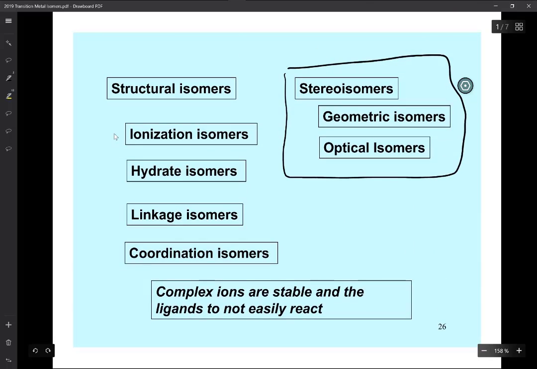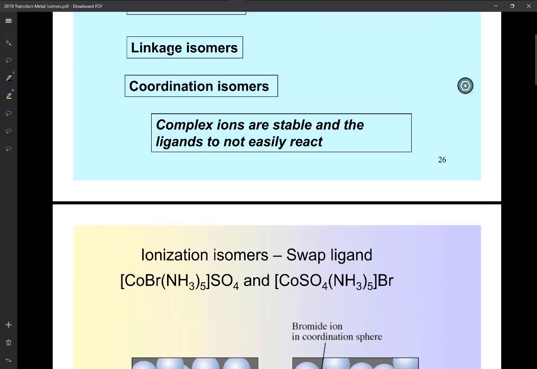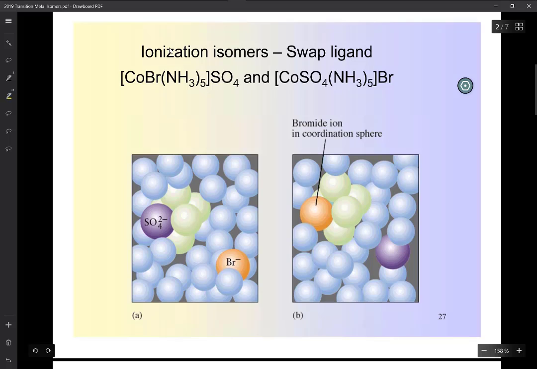Under structural isomers, now remember, isomers all have the same chemical formula, but their specific structures are different. And in stereoisomers, just to go back on that a little bit, the central atoms are the same, but it's the arrangement of the ligands around the central atoms that is different. So one type of isomerism is a ligand swap. That is, you take a ligand from